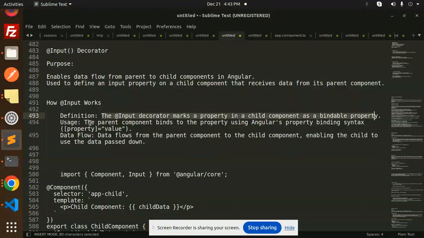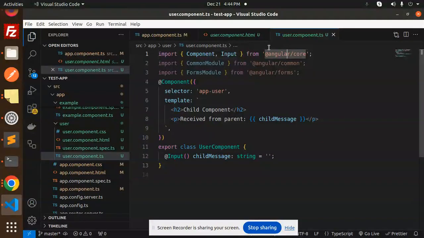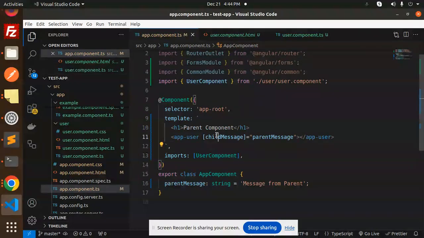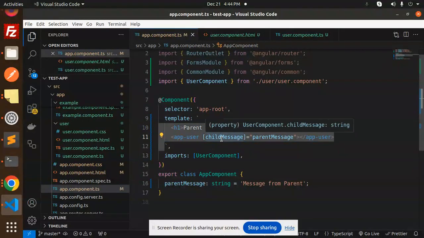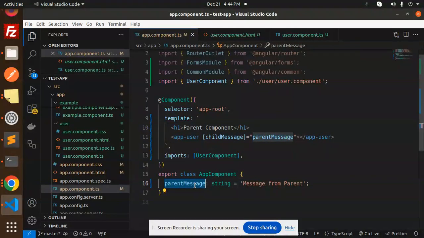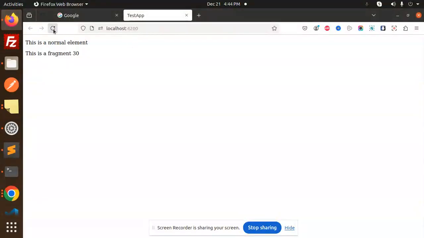Now the usage: the parent component binds to the property using Angular property binding. How will the parent component work? The parent component uses the property binding syntax with the property and its value. Very simple. In the app.component.ts, you can see this is the property defined in our child component, and parentMessage is defined in our app component. When I pass this message from the app component to the child component with the help of property binding syntax, and save this and reload the browser,